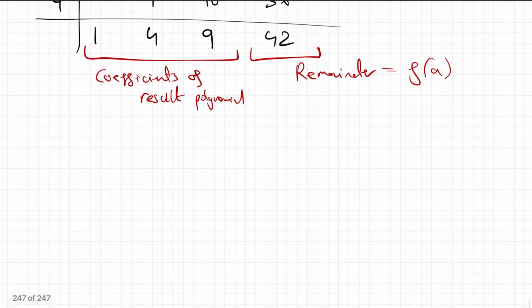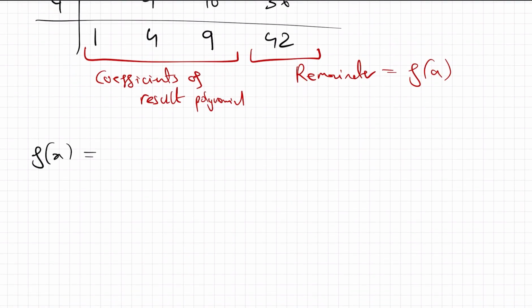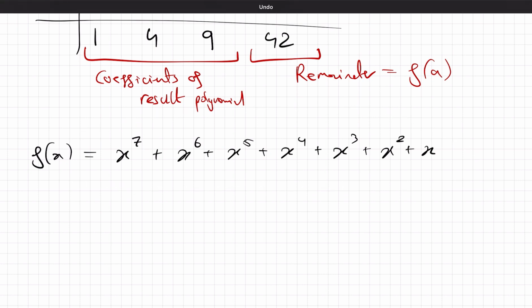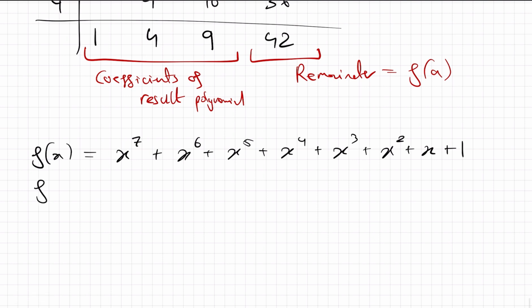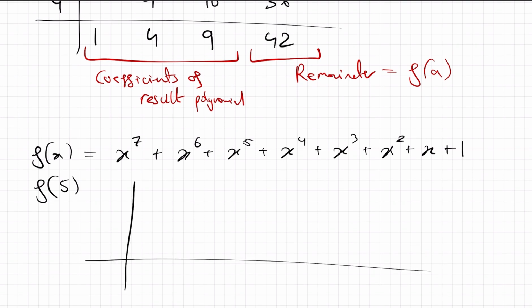For example, let's say we had f of x equals x to the 7 plus x to the 6 plus x to the 5 plus x to the 4, and we'll just carry this on, and I'll add a plus 1. Clearly, if someone asked you to evaluate what f of 5 was, this would be pretty big. You'd have to work out each of these individual powers. But now, instead, we can work it out by simply putting a 5 over here,